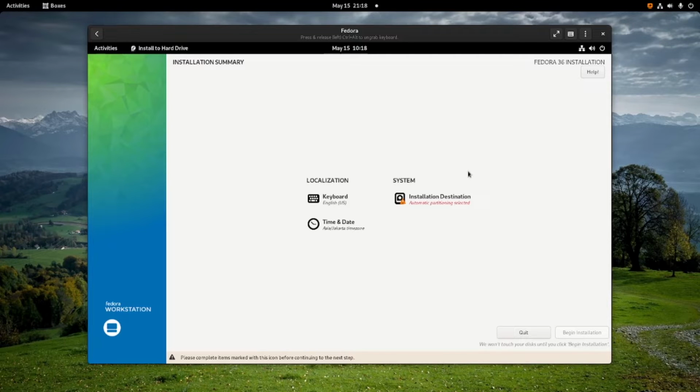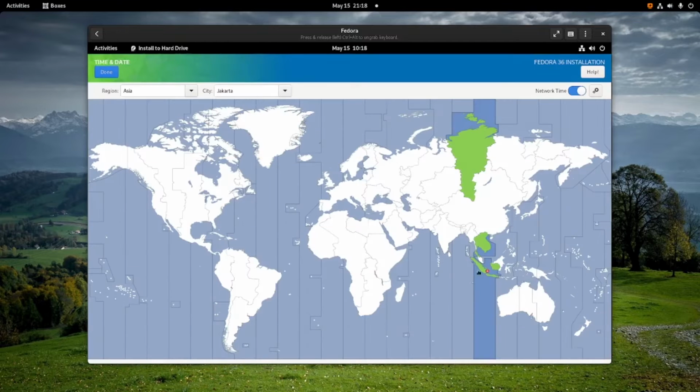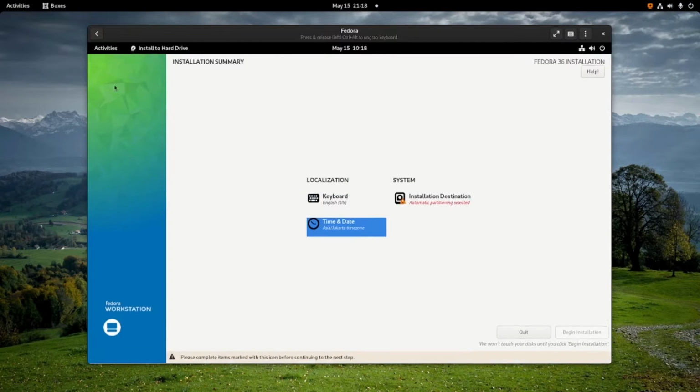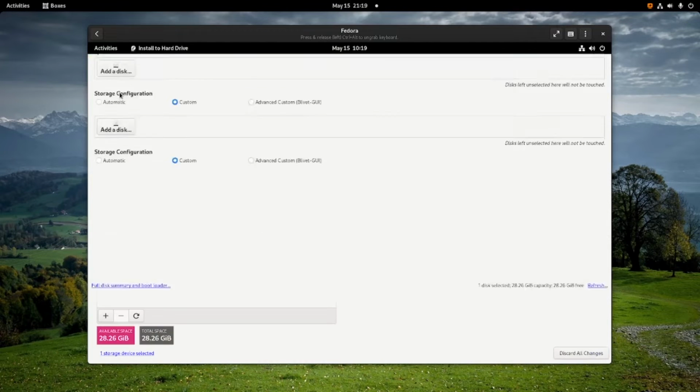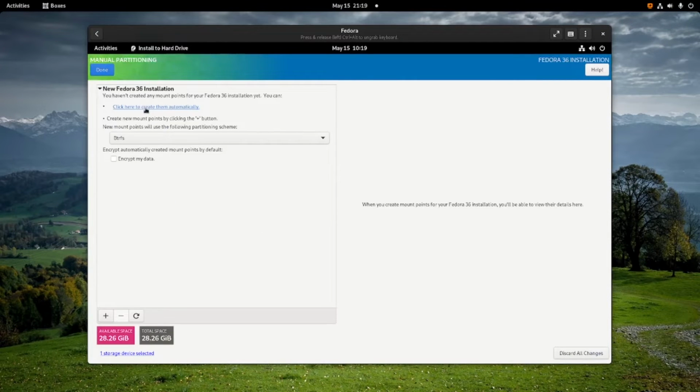The installation option is simple. We just need to set the time and date, and after that we need to set the installation destination. I will choose custom, and then I will click this link.